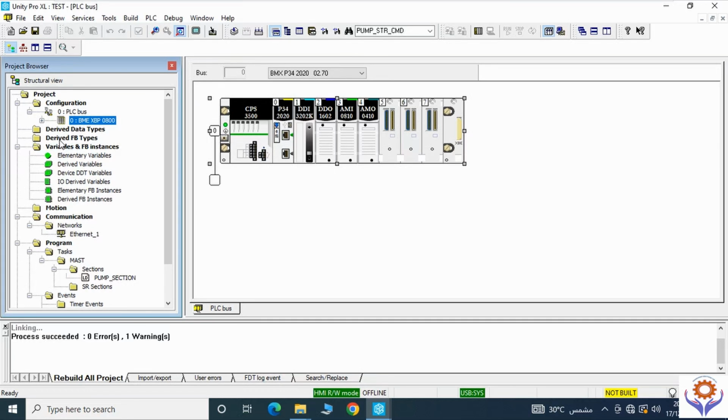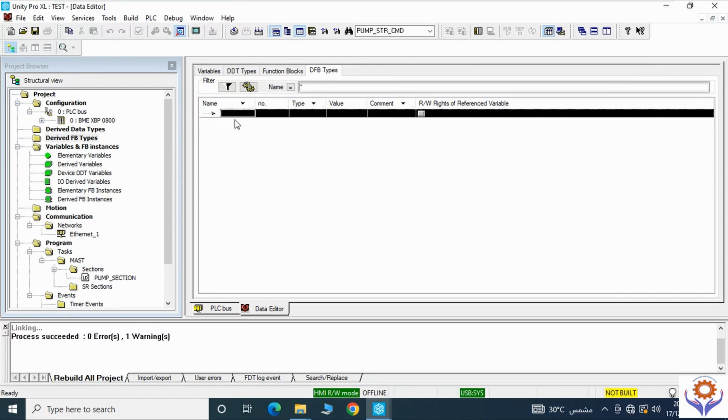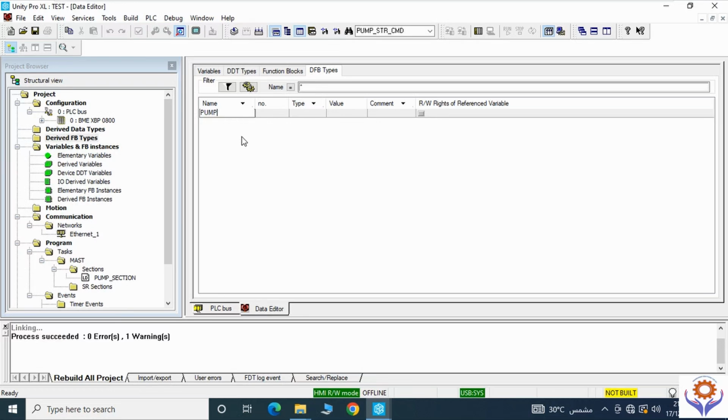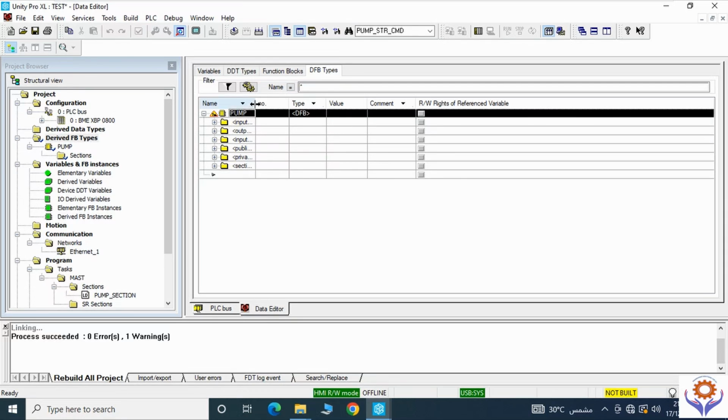Before we create the DFB blocks, first you need to create the derived function types. Just click the derived function type, and here you can add the functions. Example, I will create one pump now. In these pumps, see, once you have created it in the derived function types, example I created it as a DFB, you can